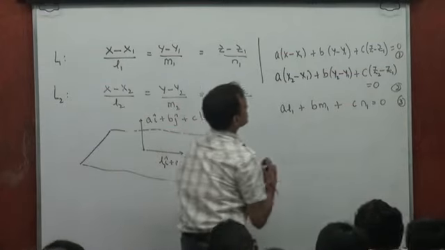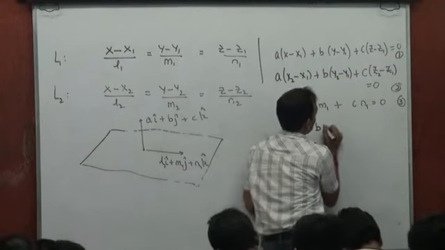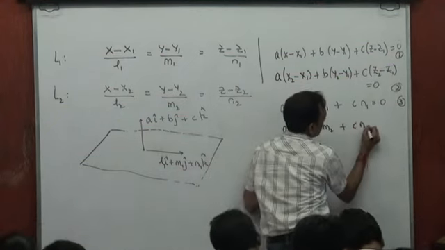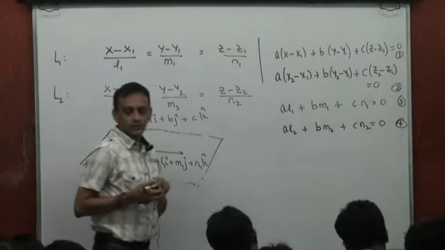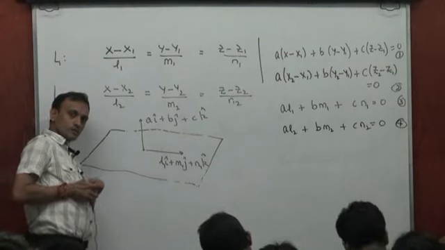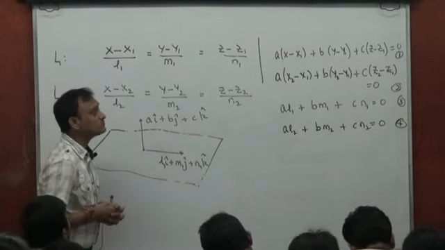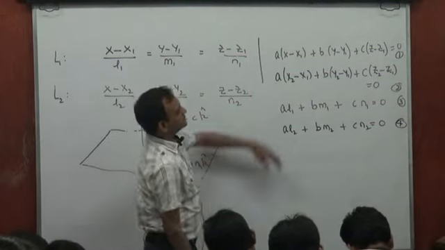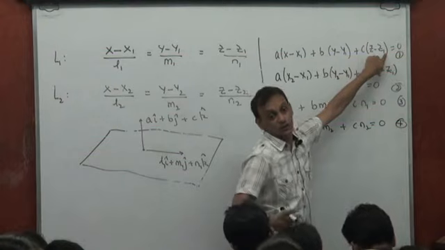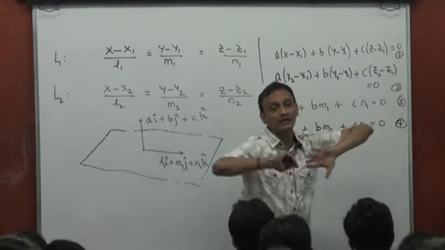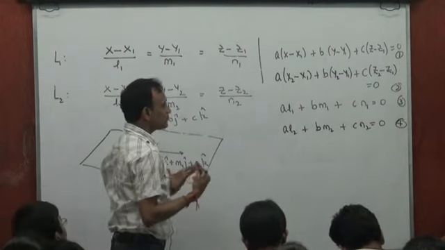So the dot product being 0 means a l2 plus... right. Now, this is the equation that we are seeking. This is the equation of the plane where a, b, c would have to be gotten rid of. Now, to get rid of a, b, c,